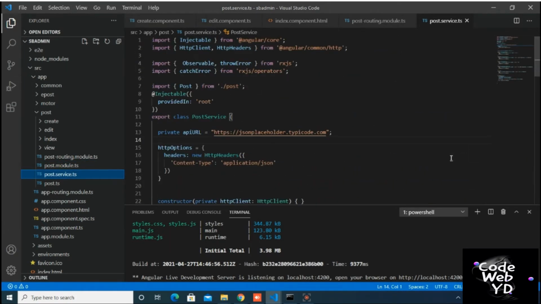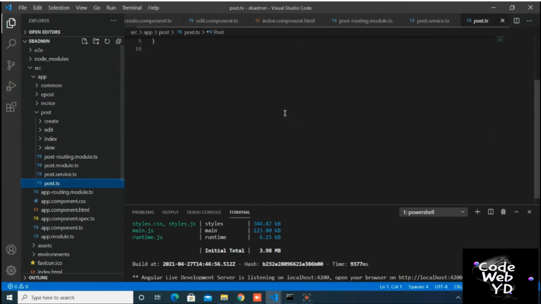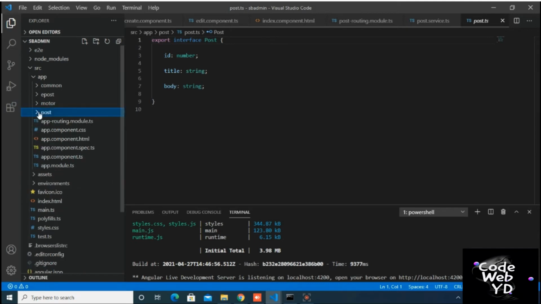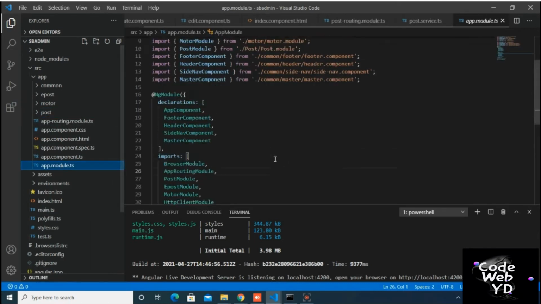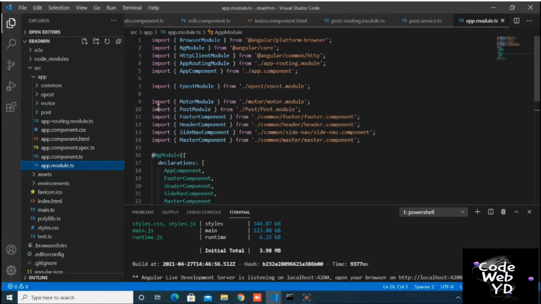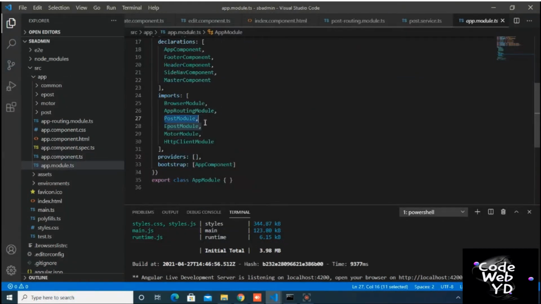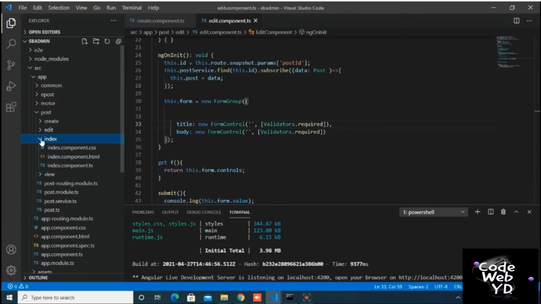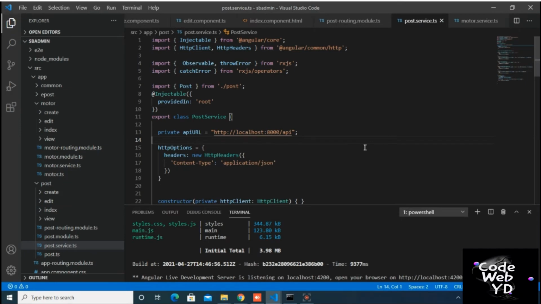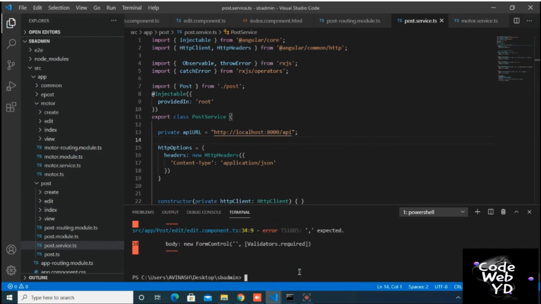Then in service file, all the services are generated and one post interface is generated. After that, this command will already import our post module in app.module.ts file, and in sidebar, post menu is already created. Now let's run the project and see the results.